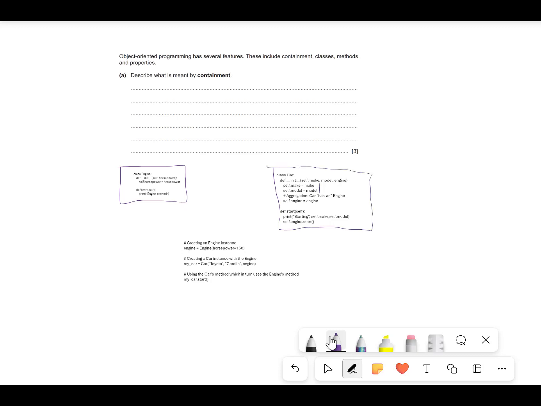We've got our attributes for make and model, but we've also got an attribute for engine. This is where we're going to have a relationship with class engine. We're going to have a relationship through an instance of it via an object. What do I mean by that? Well, what we have here